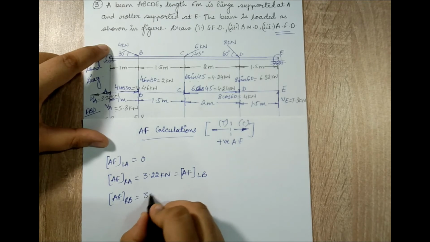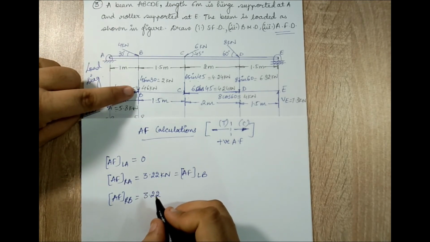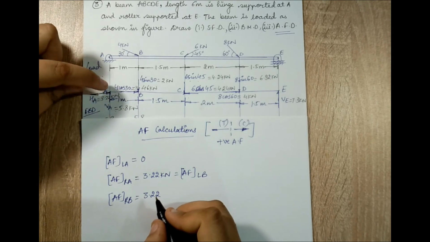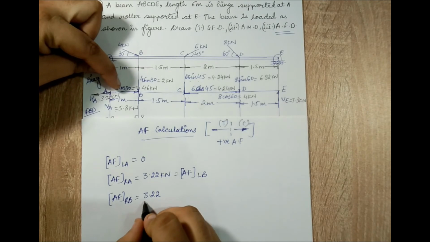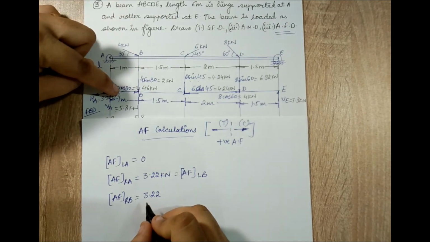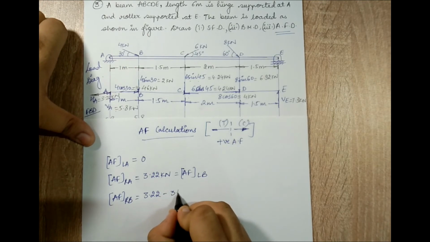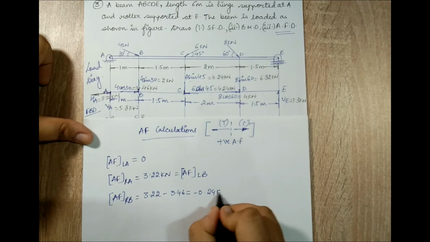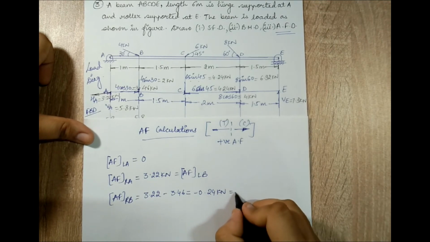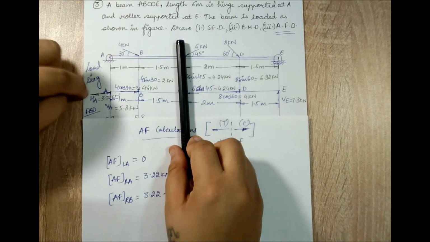So, I have 3.22. Obviously, when placed here, if you recollect the principle of superposition, when I place the arrow here, it will be pulling the point B. So it is positive. 3.46 is pushing the point B, compressive effect. So minus 3.46, and the answer is minus 0.24 kilonewton. This will be equal to the axial force to the left of C. I think it is self-explanatory now.